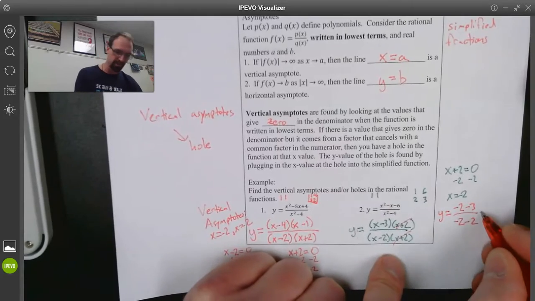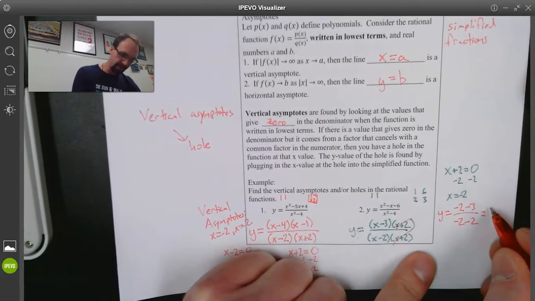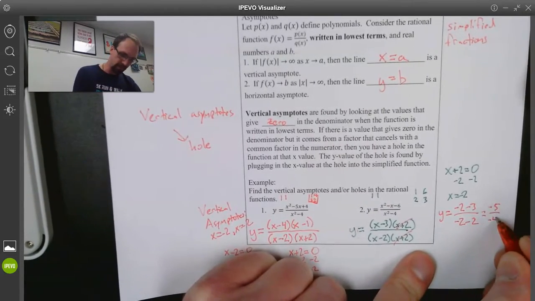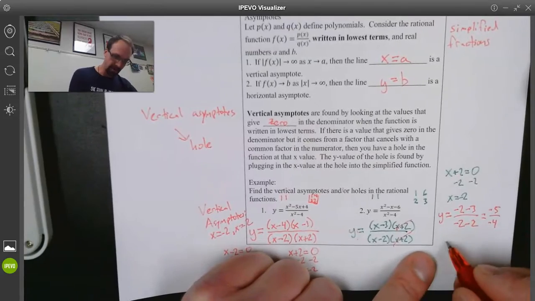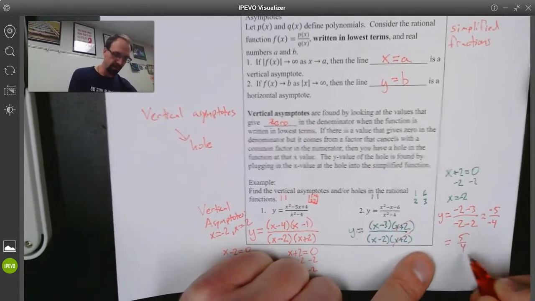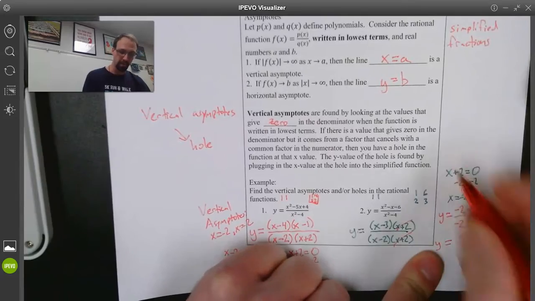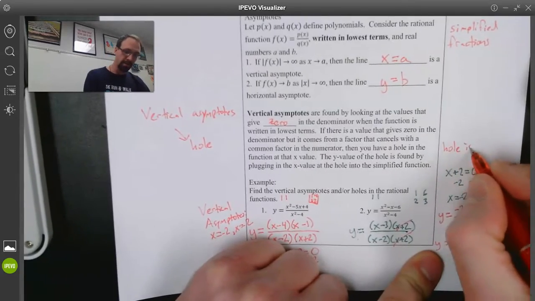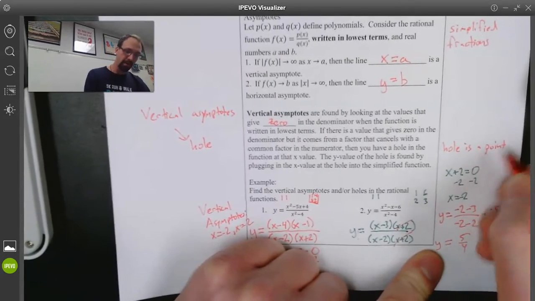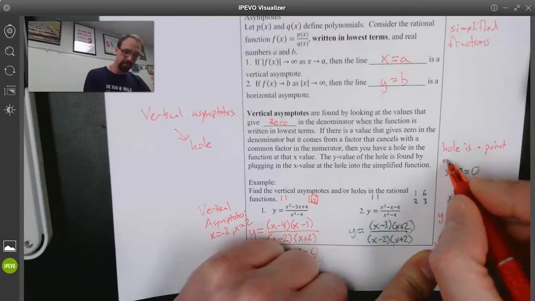That doesn't tell us any useful information. So here I have negative 5 over negative 4, and negative 5 over negative 4 just reduces down to 5/4. Remember I said this is my y value. This is a point. The hole is a point on the graph where it doesn't exist,